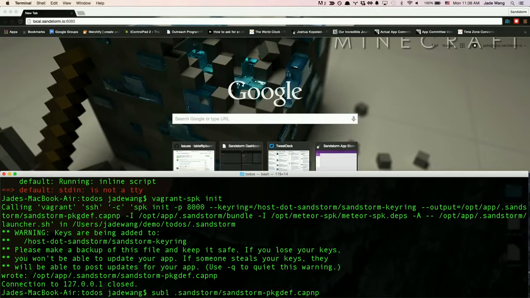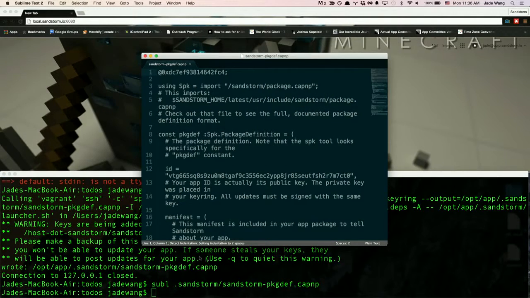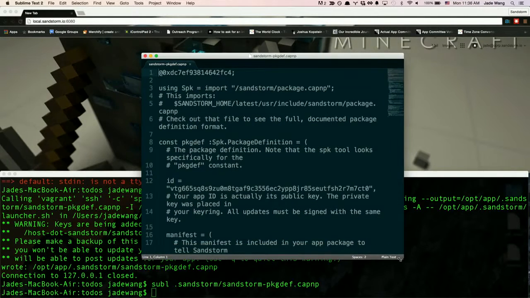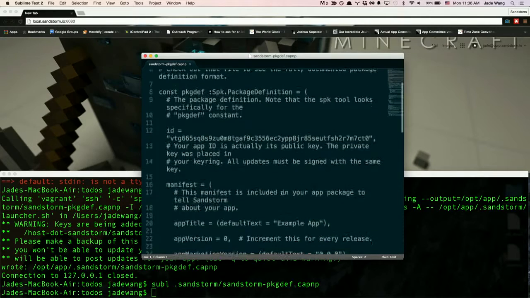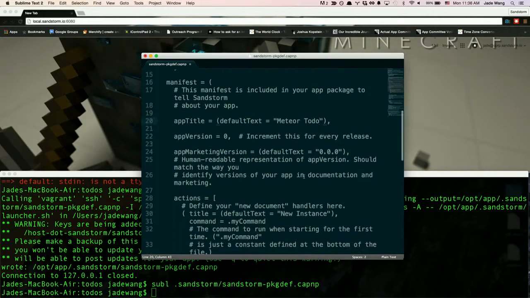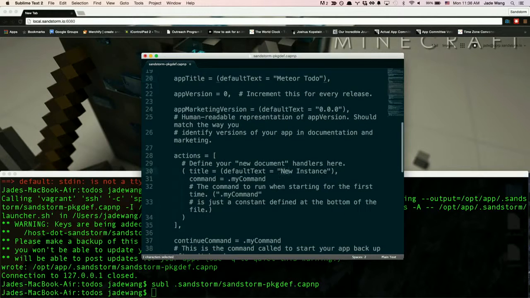Oops, there we go. So let's take a closer look, and this will allow us to specify the app name and the instance label as we want to. Is this large enough for you guys to see back there? All right. So I'm going to scroll down here, and of course the app is not called example app. Let's call it just Meteor To-Do. And what is the instance called? Let's say it's a new to-do list. And we save that, close that,